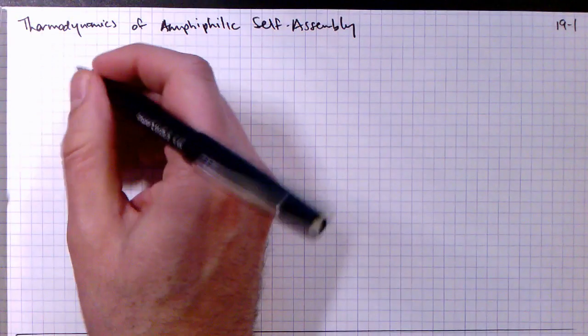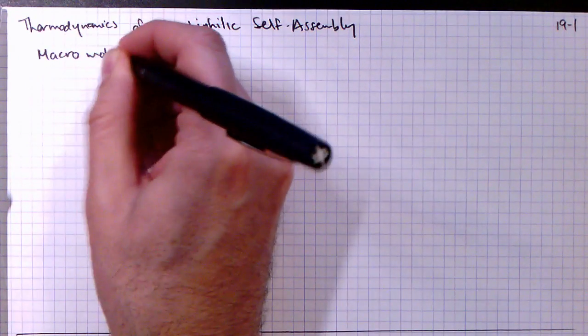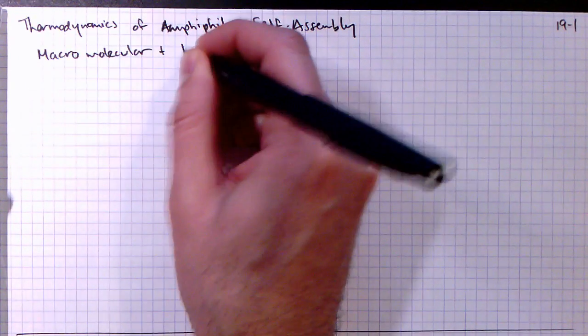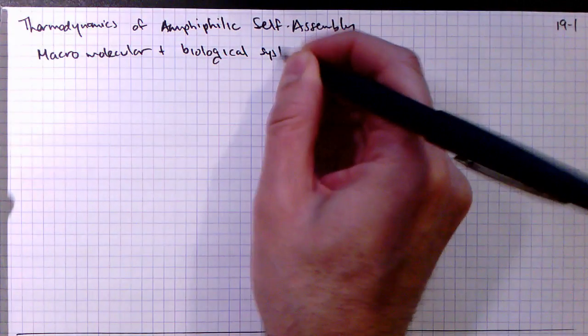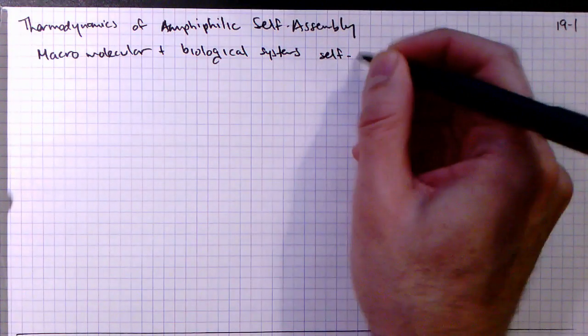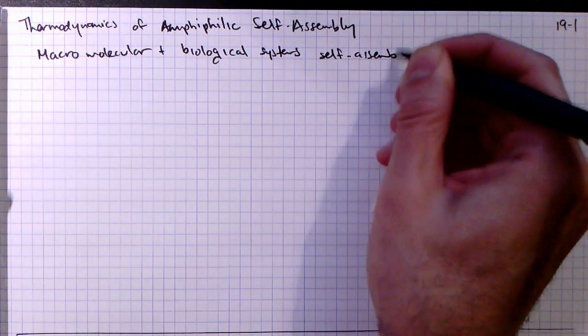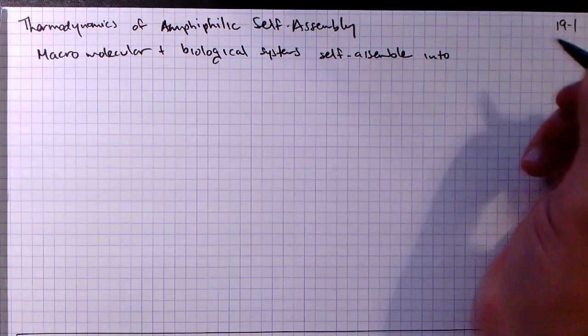We know that macromolecular and biological systems can self-assemble into really interesting and important structures, into things like membranes,